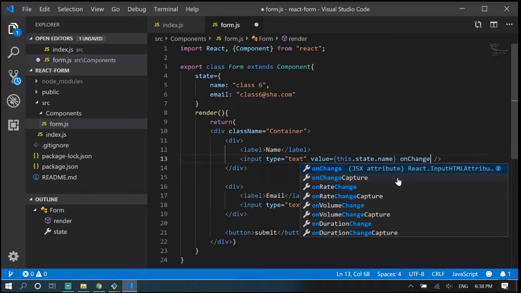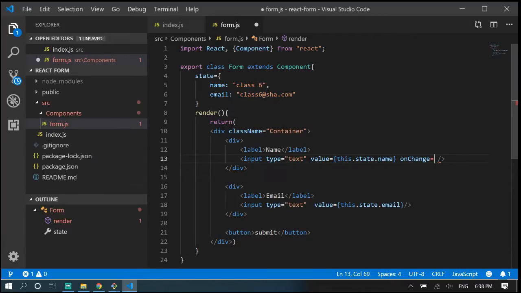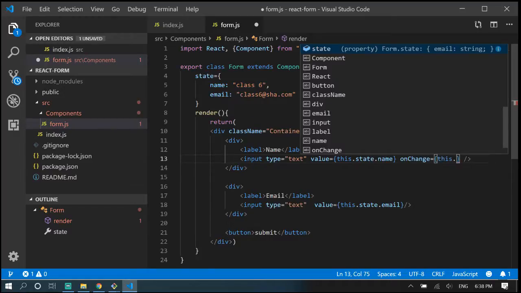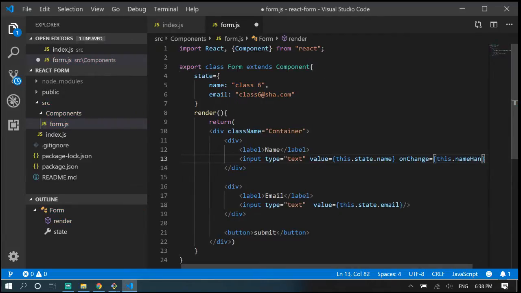I want this value to come through the state, not directly, you know. Yes, you're going to define that in the function, right? Yes. Okay. So let's do it. Let's say onChange equal to this.nameHandler,